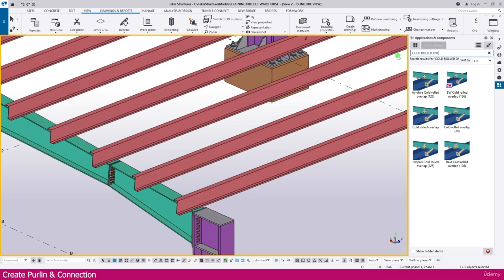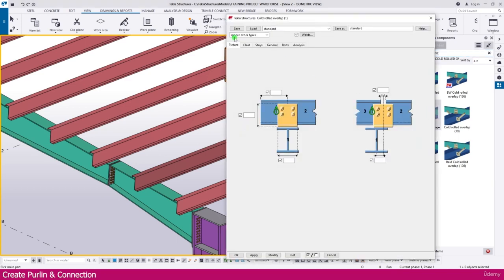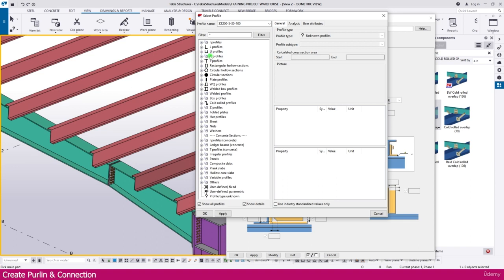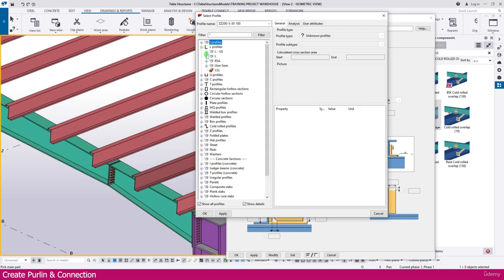In that, this connection is very good. I select this connection and double click this one. We can customize this connection. We need the length 200, so I just make it 200 here. Then go to the cleat. In this cleat I just need to choose which cleat you want. You can go to the angle and I just make it here